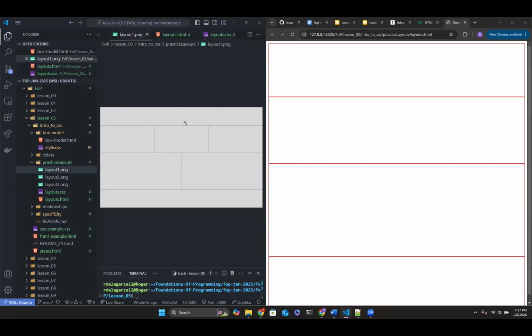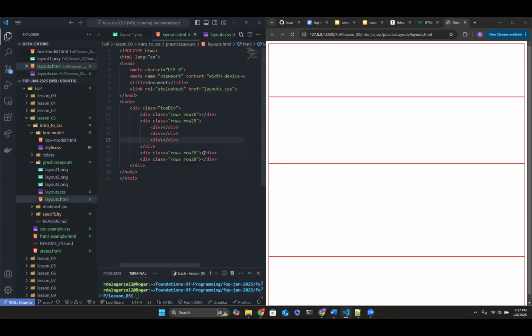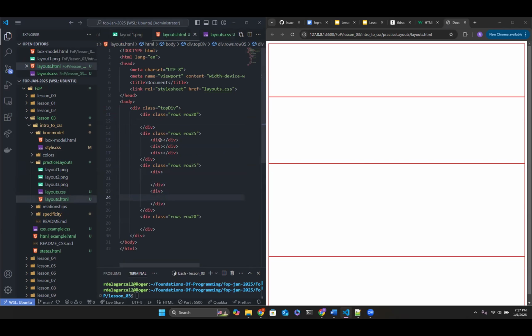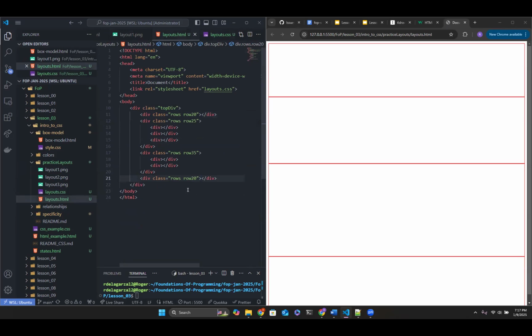And then the third row needs to have 2 divs. And just to keep everything uniform, let me add some spaces here so I can visualize a little bit more of what exactly this is doing. Actually, maybe it's better the other way. Yeah, we'll just keep it like this. Maybe this is a little bit more readable. Hopefully it's readable to you guys.